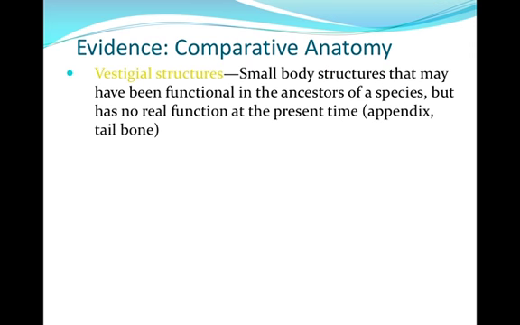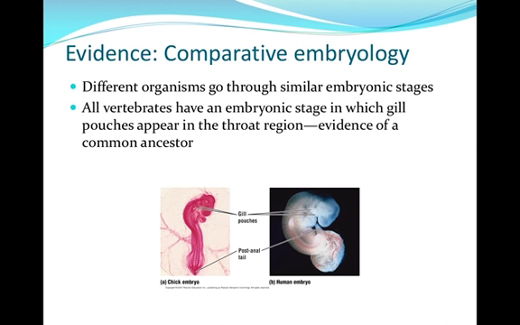Other examples, in many snakes, most snakes, in fact, do have a pelvis. Whales have a pelvis, and in addition, they also have a vestigial femur, which is an indication that they once walked on land. Comparative embryology, there was this whole concept that ontogeny recapitulates phylogeny, which is if you look at